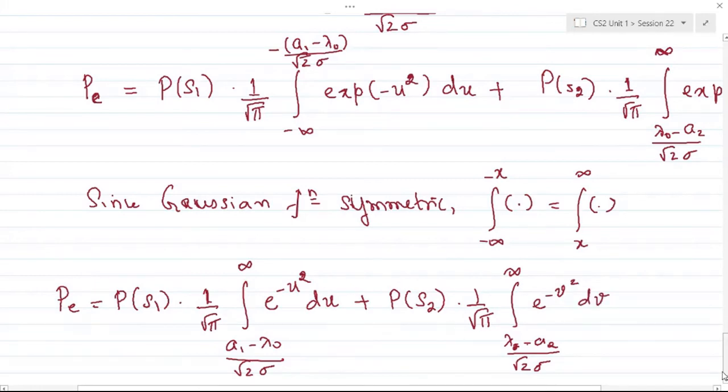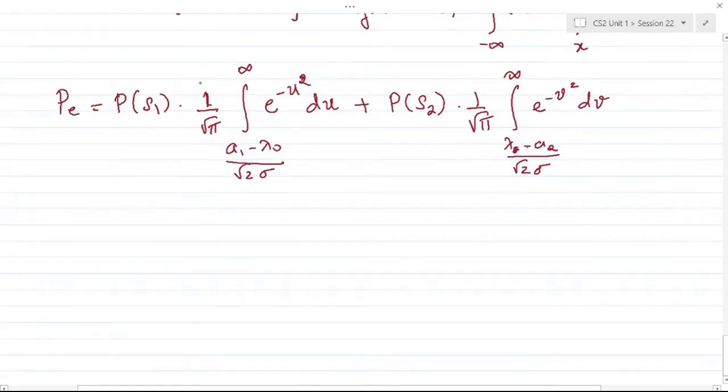We know that 1 over root pi times the integral of x to infinity e power minus t square dt, which I wrote yesterday, represents our complementary error function. That's the reason we have expressed it in this fashion. And hence this will become what? Have I missed anything? No, but you need to have 2 by root pi.